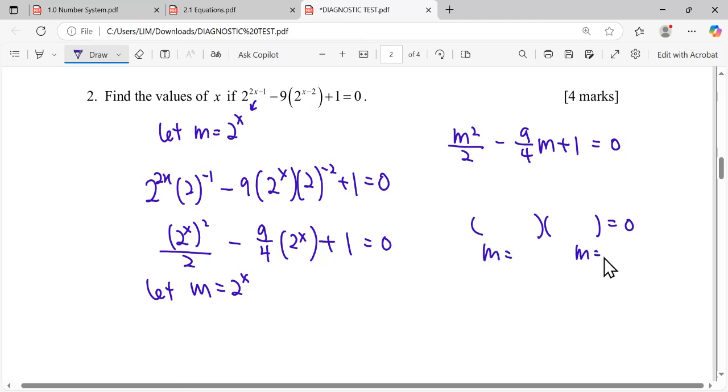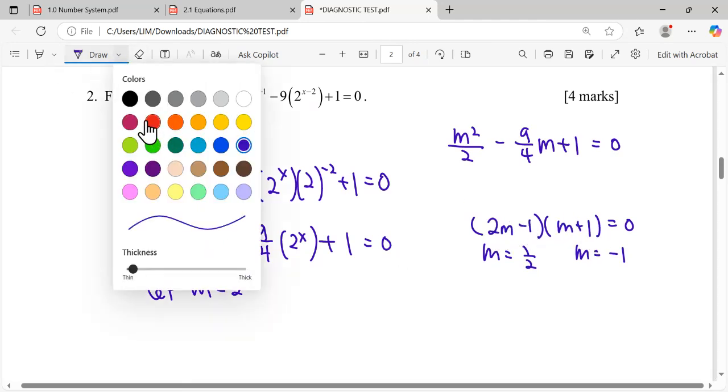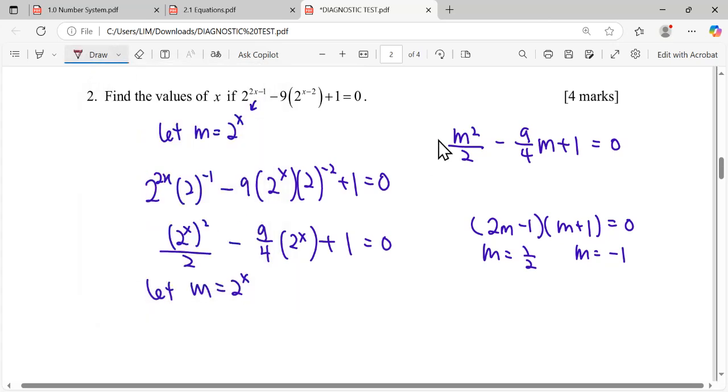So the calculator will only show 1 over 2 and negative 1. But when you put it in brackets, it doesn't make sense with your working from here. How do you get this? You can see 2m with m, we didn't get m squared over 2. Therefore,